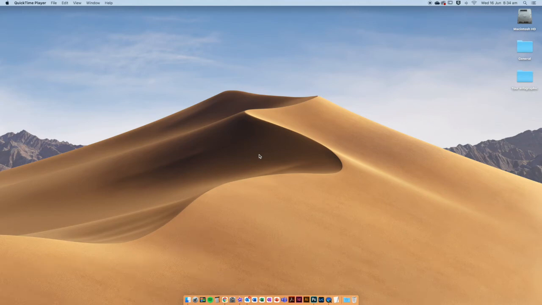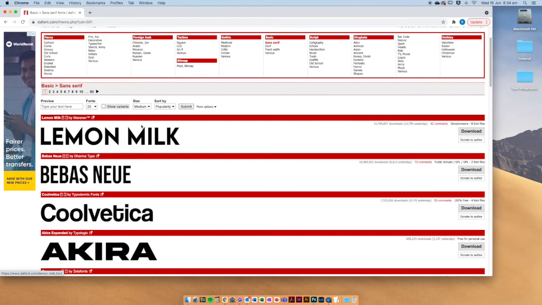Hi everyone. In this video I'm going to show you how to download a font from a website like Dafont and then to install it onto your machine. So through Chrome I've opened up Dafont and I think I'm going to choose this font here to download. So I'm just going to click the download button